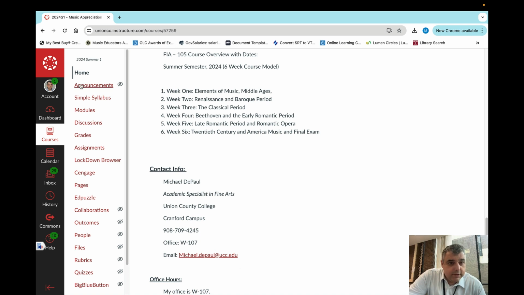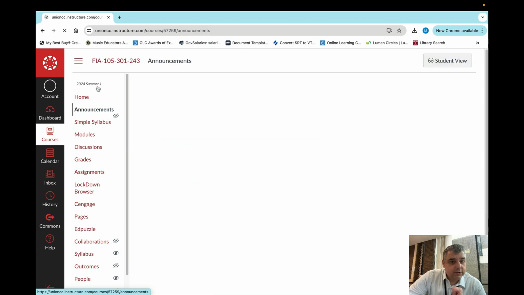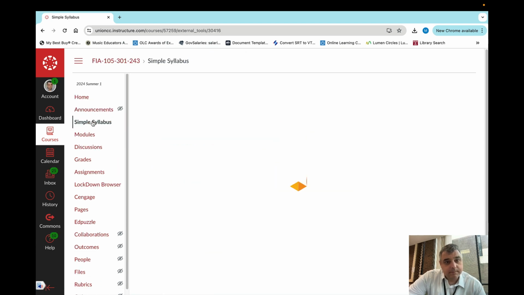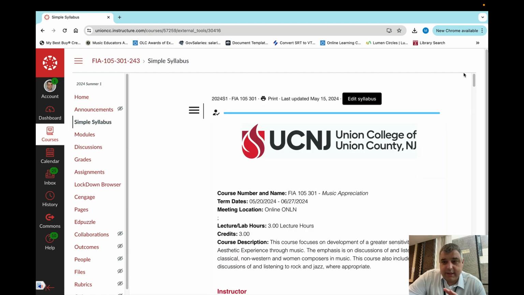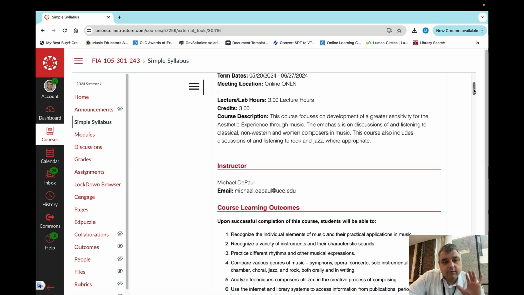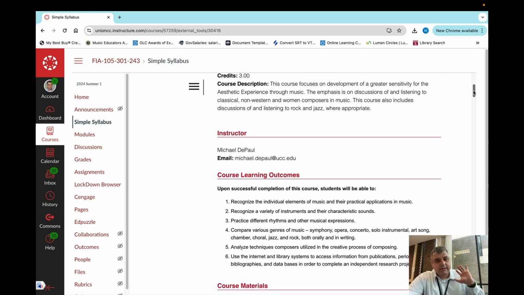And if you look on the left, you see the navigation bar again. We have announcements, and we have the syllabus. The syllabus is going to be the second thing I want to talk about. So you definitely, please go through the syllabus, not just with this class, any other class. The syllabus is like a contract. It's a contract between the teacher and the student saying, hey, this is what we're going to be learning about, and these are the expectations, okay? So I want you guys to make sure we go through the syllabus.